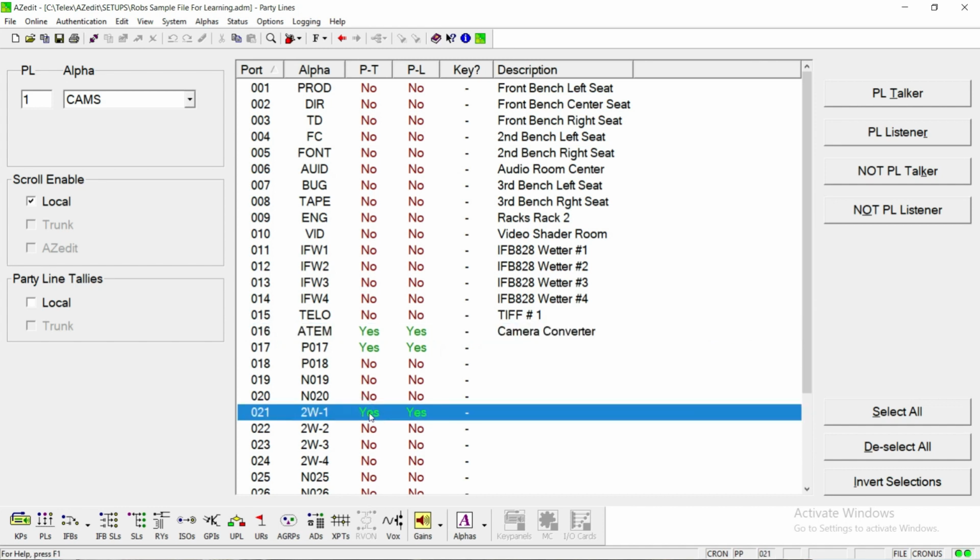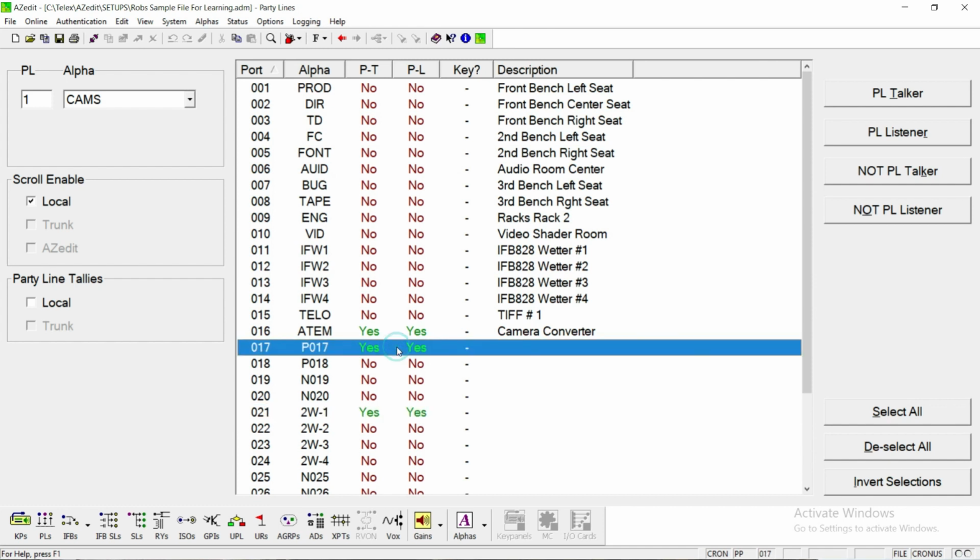2-wire 01 is in that port because this belt pack may have gone to a jib operator or something like that. And then here is a little bit of a problem, because this is what happens when you just reuse show files, reuse show files, reuse show files, instead of starting from a truck 0. Port 17, as you can see here, is in this, but it doesn't reportedly have anything